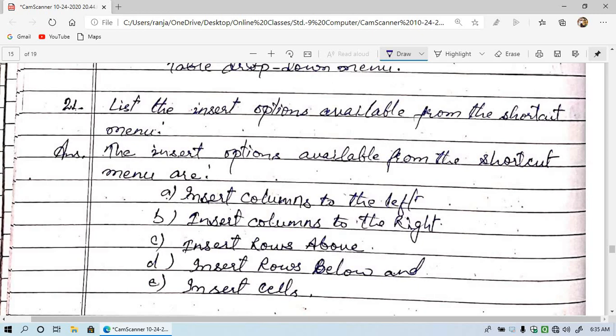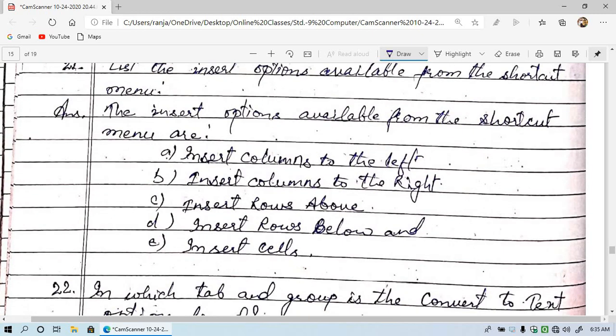List the insert options available from the shortcut menu. See, in the above question we had seen the shortcut menu. Let's see what the insert options available from the shortcut menu are. The first one is insert column to the left.